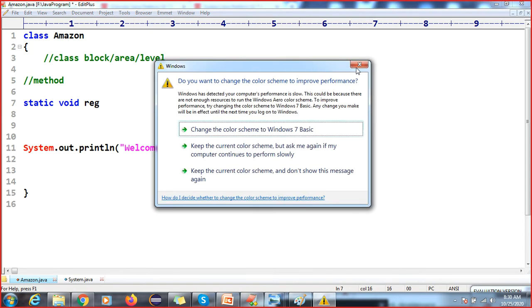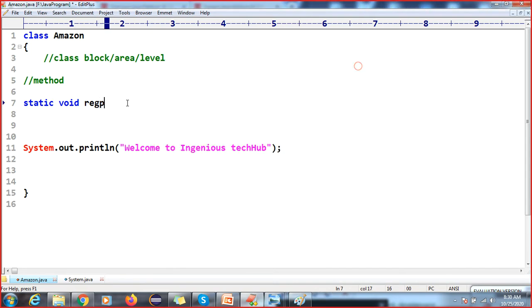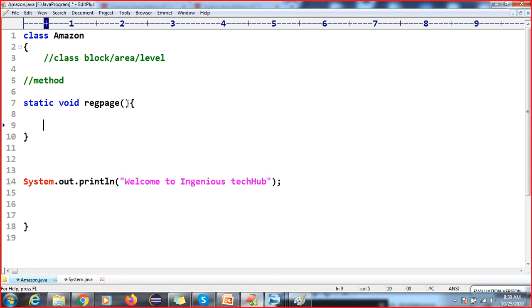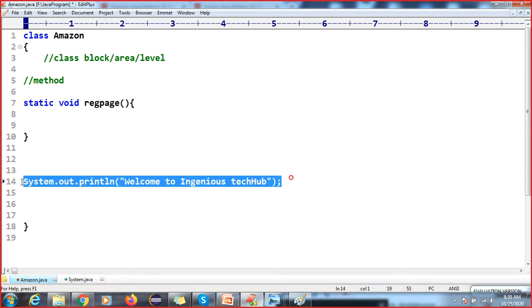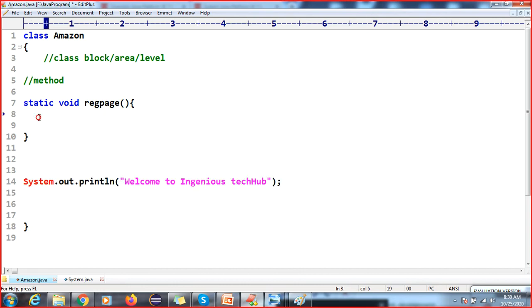Registration page. This is the one business logic I'm going to develop. I will tell you a little bit about static and non-static, but the method is a separate topic. Just understand that this is a static void, and this method is called a user defined method, which is developed by us.